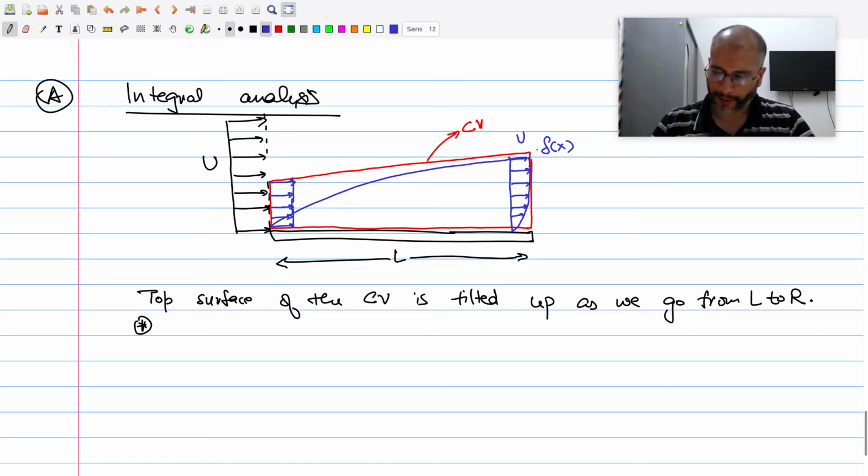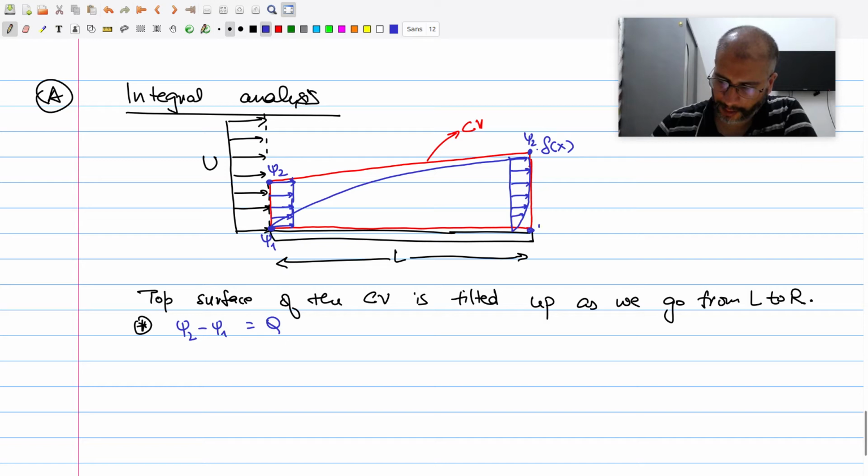Okay, so if I was to think of the volume conservation, then if this is my psi2 value and this is my psi1 value, because one of the streamlines is just along the surface, psi2 minus psi1 is going to give me the volume flow rate. On the right hand side also we need to equate this, because if we have drawn a streamline on the top, then the value here is also equal to psi2 and the value here is equal to psi1. So the flow rate again in this case is psi2 minus psi1.